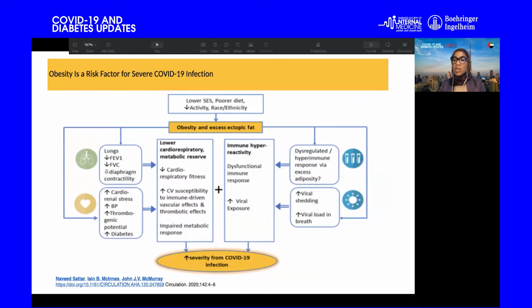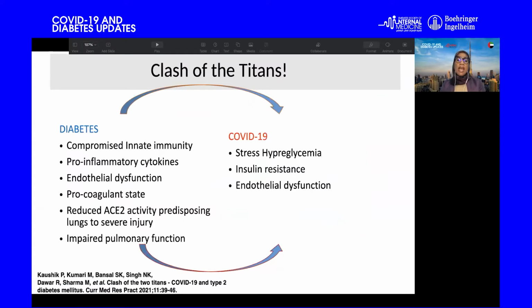You have this dysregulated hyperimmune response via the excess adipocytes. They too tend to have these compromised lung dynamics with reduction in FEV1 and the forced vital capacity, and also the diaphragm contractility. And as a result of increased thrombogenic potential, that also leads to severe outcomes from the infection. So we really have what we call the perfect storm, or the clash of the titans, where on the